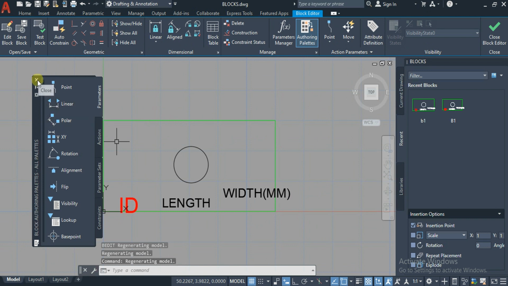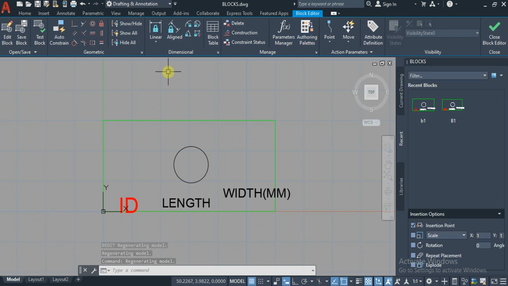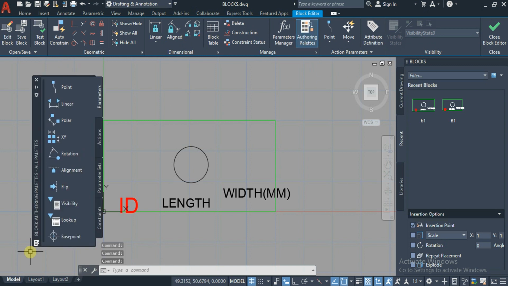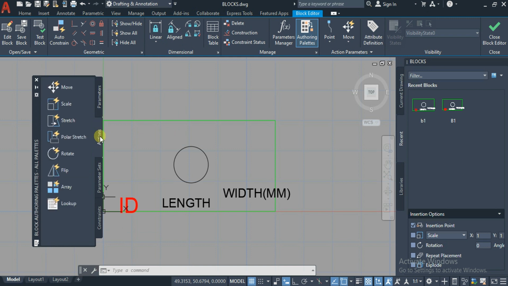If it is not visible, or if it is closed, at the top in the toolbar you are going to have the manage panel, and under that you are going to have the authoring palette. Just click on that and you will get all the palette related tools here. So actually we are going to have the constraints, parameter, actions and set parameters. If you click on actions, you are going to get the modifications, but first of all we need